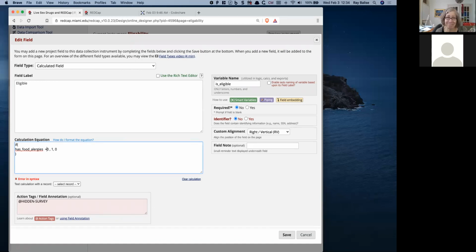Okay, that's not entirely right. I need to tell it that this is a variable name. So has_food_allergies. So if has_food_allergies equals 0, and